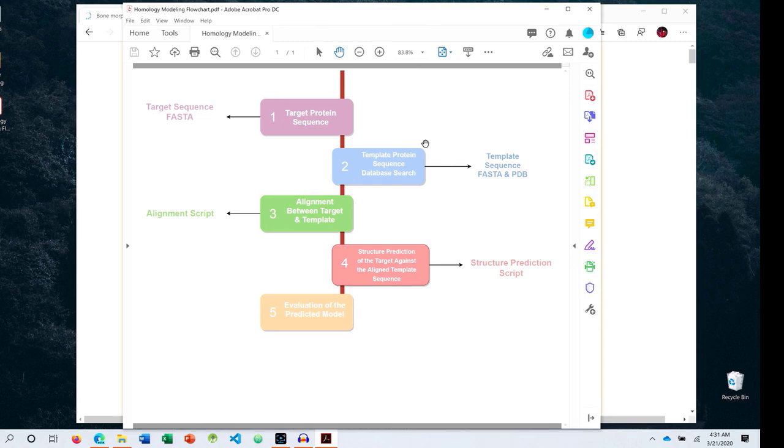So once you have found the template protein, I will show you what criteria is utilized to select that protein out of thousands of proteins that are matched to your single target sequence. Once the target protein and template proteins are ready, then you move on to alignment between those